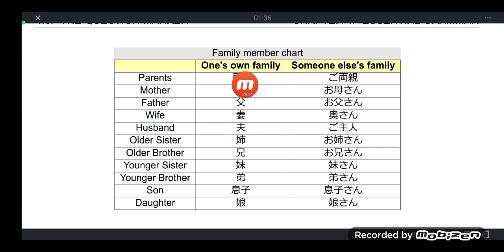Not tsuma. For your own family, you can say tsuma, but for others' family, okusan. Goshujin, husband. Onesan, elder sister. Oniisan is elder brother. How about this? Imoto, imotosan, or otoutosan. Musukosan and musumesan. Okay, so